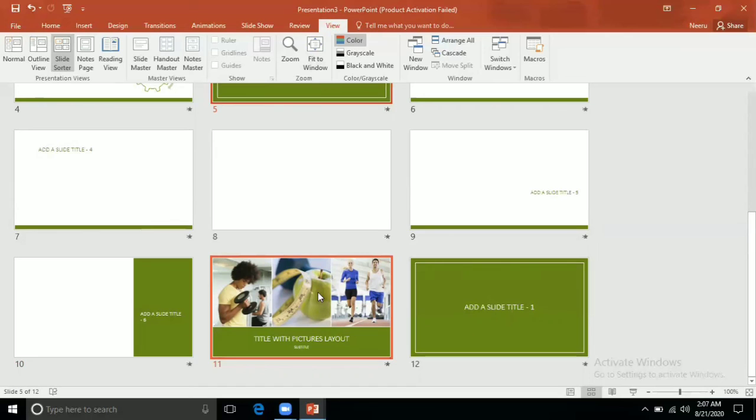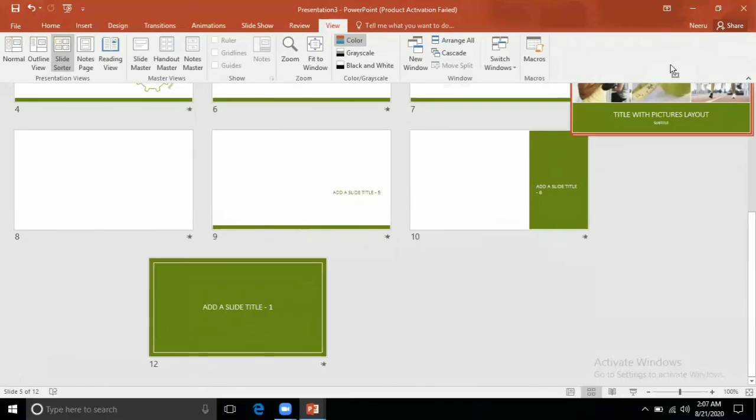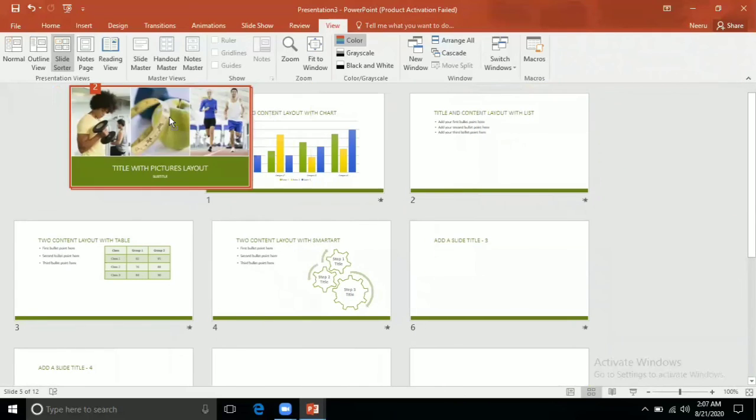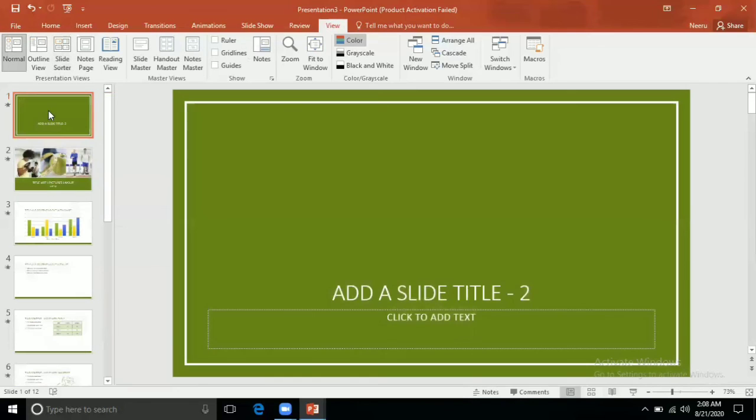Now these two slides are selected together. Just press the mouse left click, and wherever you want to place them, for example at the starting, you can see here, both slides have been moved. So this is our next topic, rearranging slides in slide sorter view. The default view is normal view. Again, if we want to go to the normal view, click on Normal. You can see now it has been changed. The position has been changed.